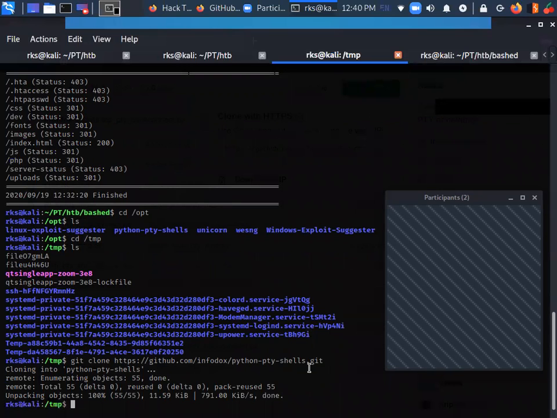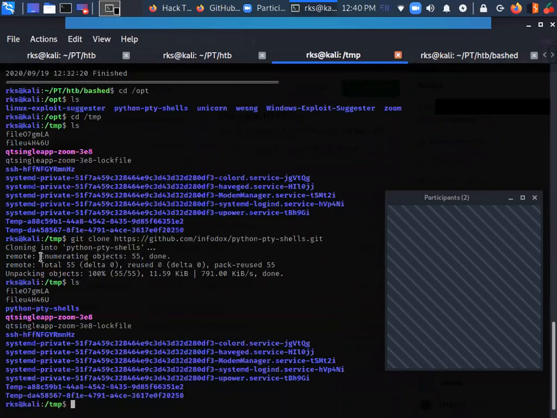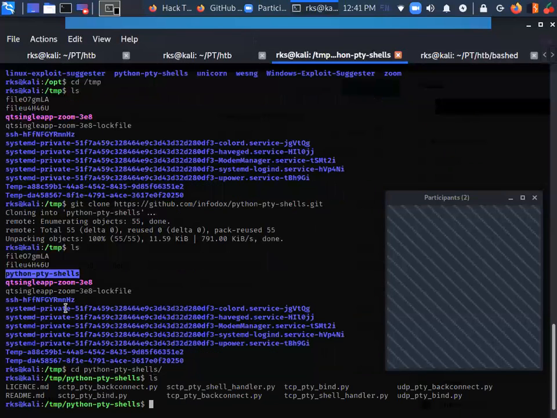This is going to clone all of those codes which are available in the GitHub repo. ls here, and I have it here. cd into it. Great. Let's go back to my opt one, or let's just continue here itself.